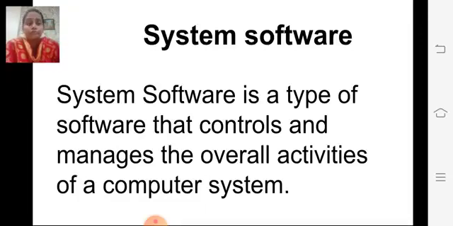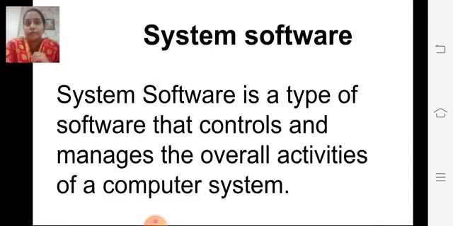As an example of system software, I will give you operating system. Operating system is one of the types of system software. Children, system software is the first software which has to be installed on a computer.